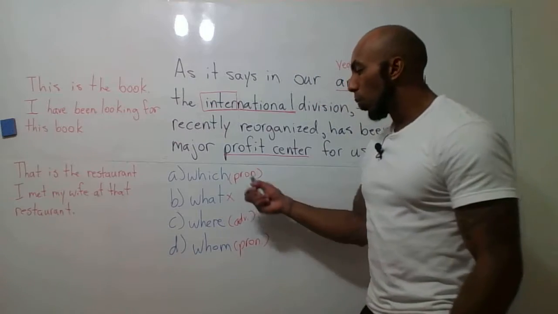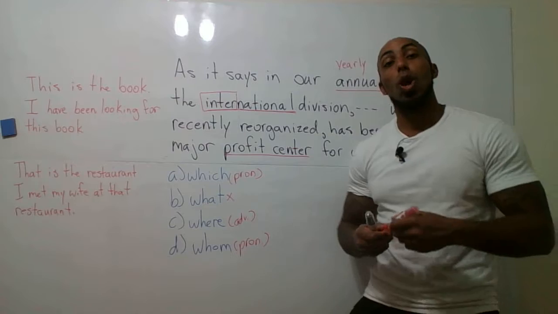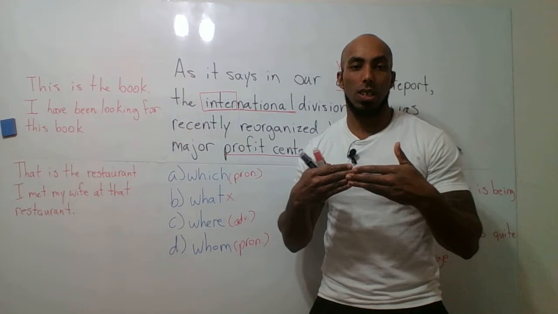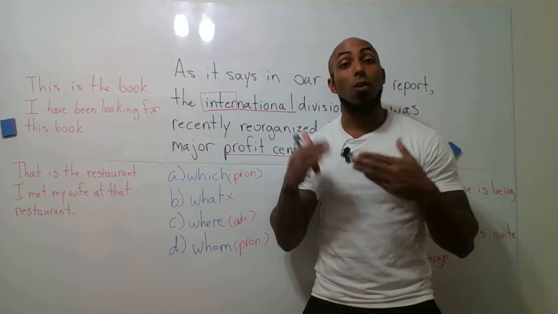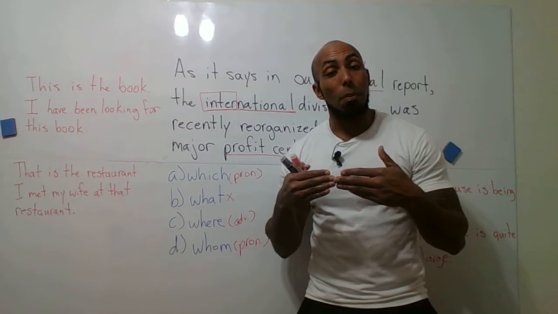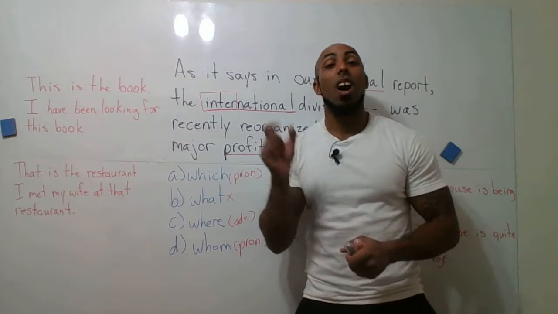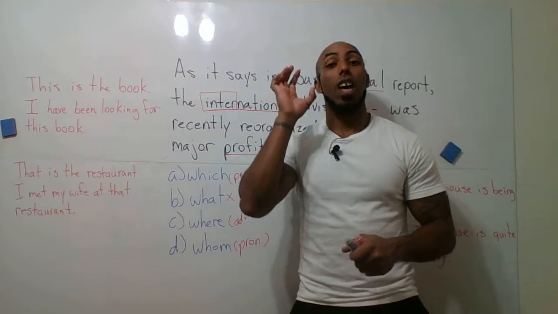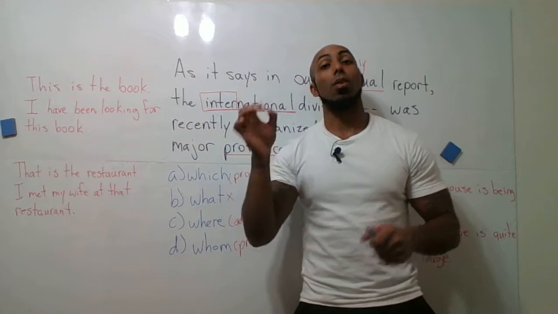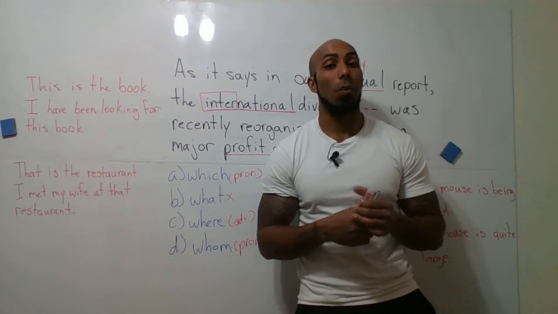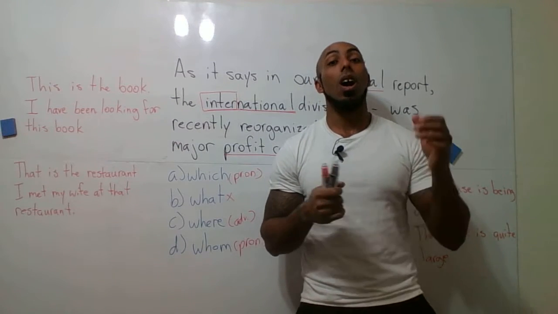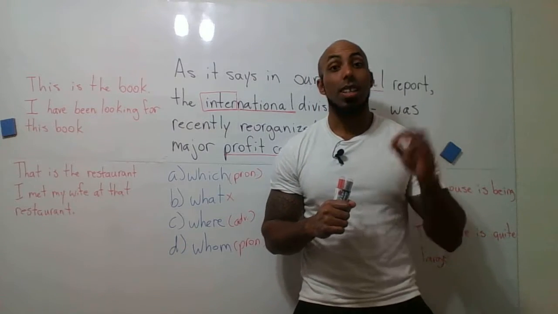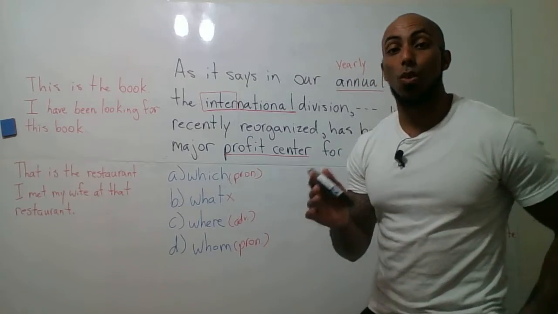Now, what do relative pronouns and adverbs do? Well, their most basic function is to combine two sentences. The relative pronoun, after combining the two sentences, takes the place of a subject or an object in both of the sentences. The relative adverb does not do that. The relative adverb cannot take the place of a subject or an object because it's not a pronoun. It's an adverb. It just tells us the relationship between the subject and the object. Now let's explain that through these examples that I've written on the board.